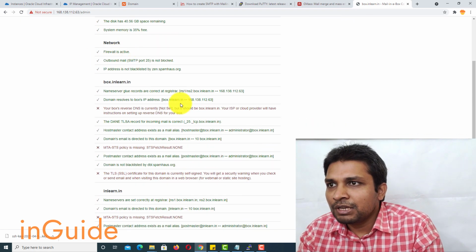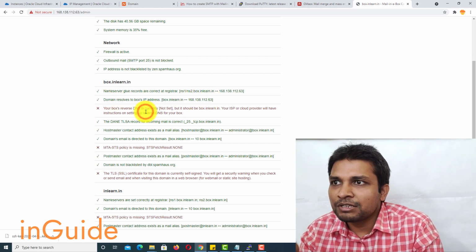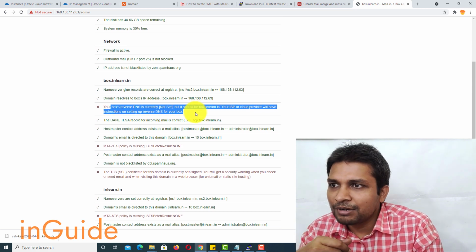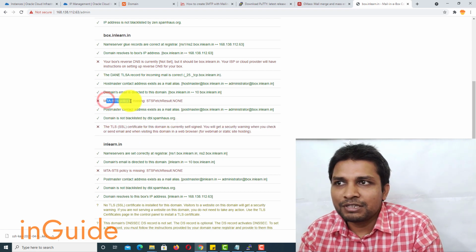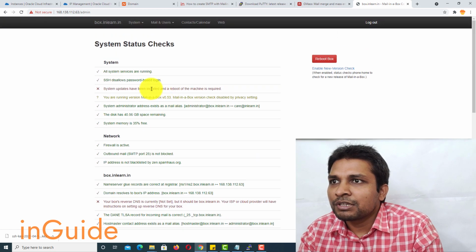So now you can see, like, domain resolved to box IP address, fantastic, but reverse DNS is not set. Obviously we didn't set this reverse DNS. TLS certificate not installed, MTA STS policy missing, and all those things.